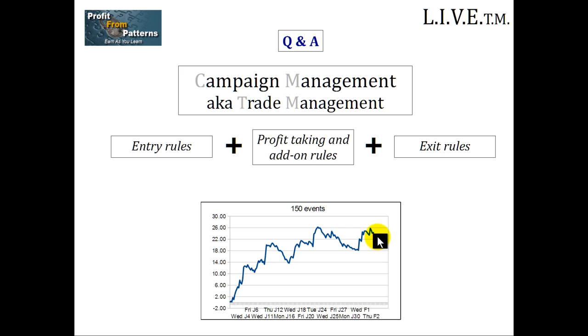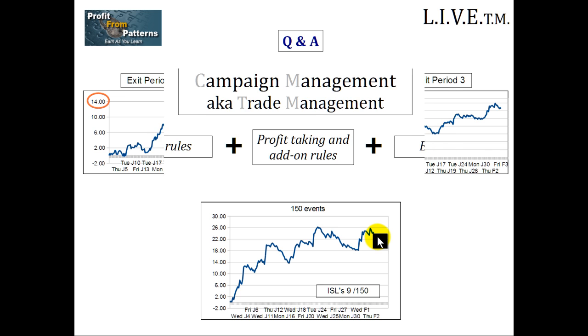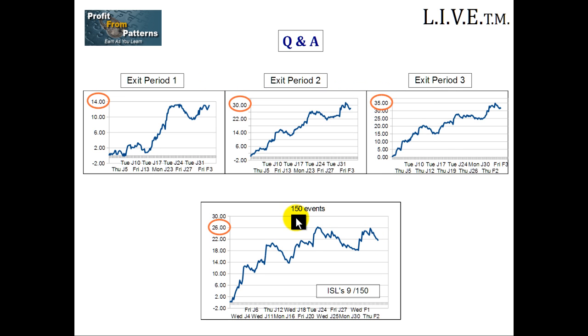Let's have a look at the next page, which shows you the effect of getting out before the trail, getting out on period 1 versus period 2 versus period 3 of the campaign. Now, one of the most brutal tests that you can apply to a set of trading rules that purports to believe that timing is the key is seeing how profitable it is getting out on the close of the period